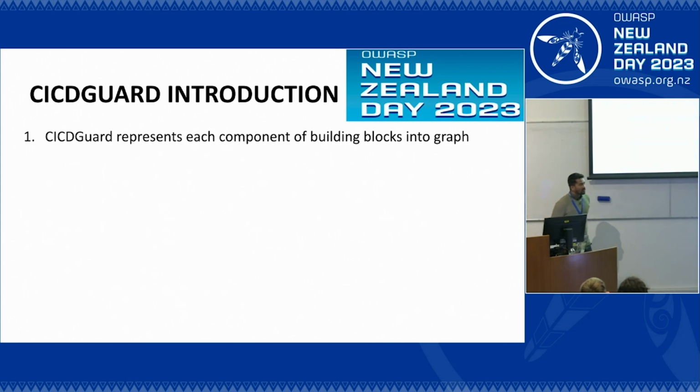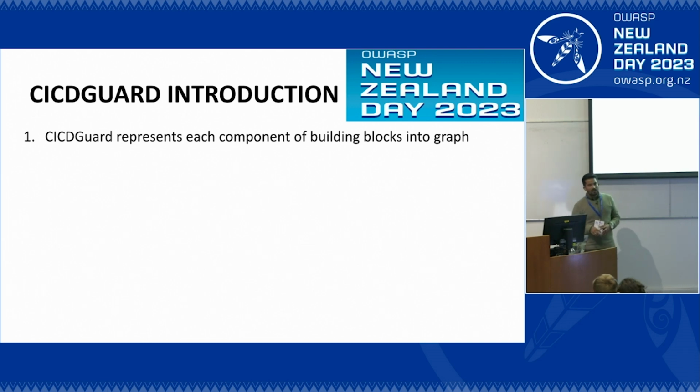So around this problem, I developed an open source product. I call it CICDGuard, and there are three key highlights of that open source product. The first one is the visibility part, which, as a security professional, I personally find most challenging. What it does,